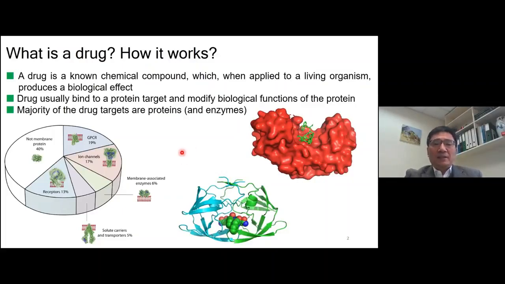Okay. And if you look at the literature, the majority of drug targets are proteins or enzymes. If we analyze a little further, the proteins could be membrane proteins, accounting for about 40%, as Professor Huang mentioned. Certain anti-cancer drugs target these membrane proteins, for example G-protein-coupled receptors, membrane-associated proteins, ion channels, receptors, and soluble proteins or transporters, and so on. So this is roughly the distribution of protein targets